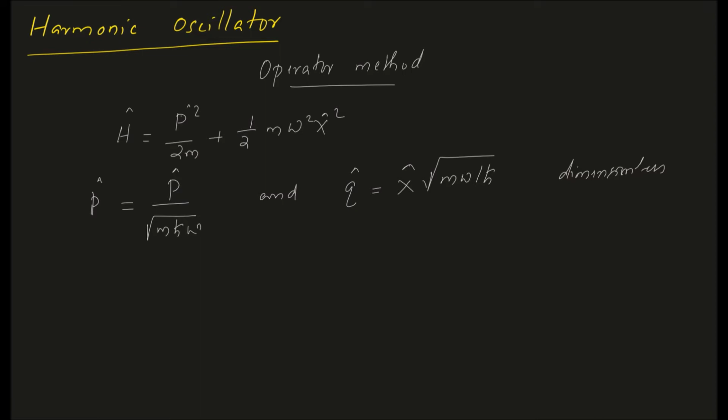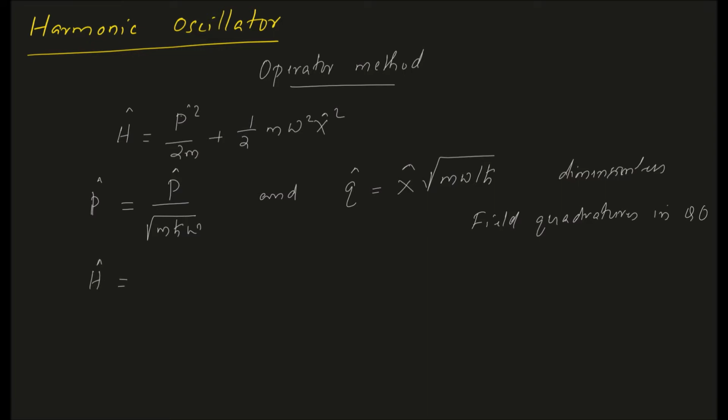In fact, these are called the field quadratures in quantum optics. Anyway, we are not discussing quantum optics or field quadratures, but these are the same things that you are actually going to define in quantum optics also. Okay, so with this introduction, we can write the Hamiltonian as